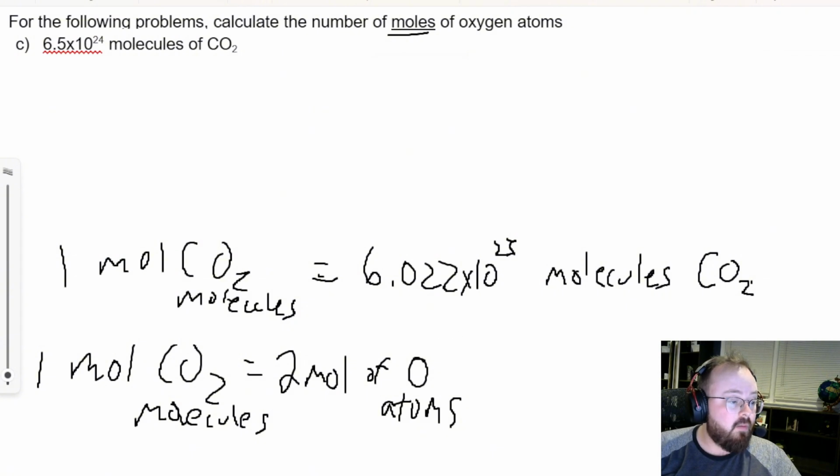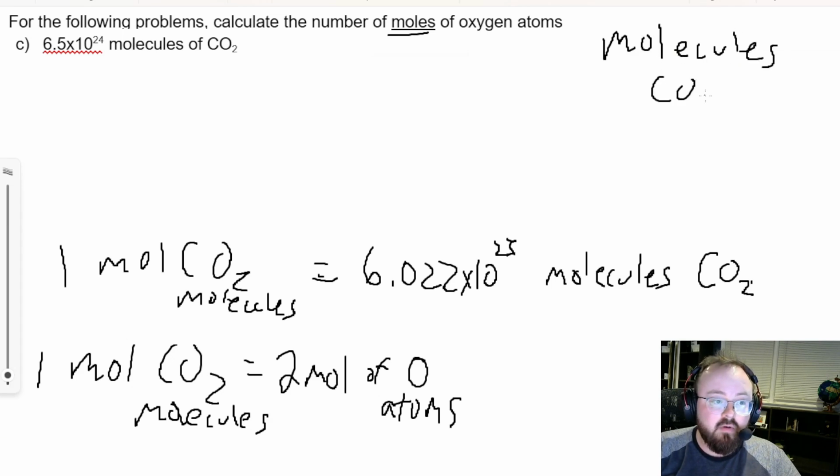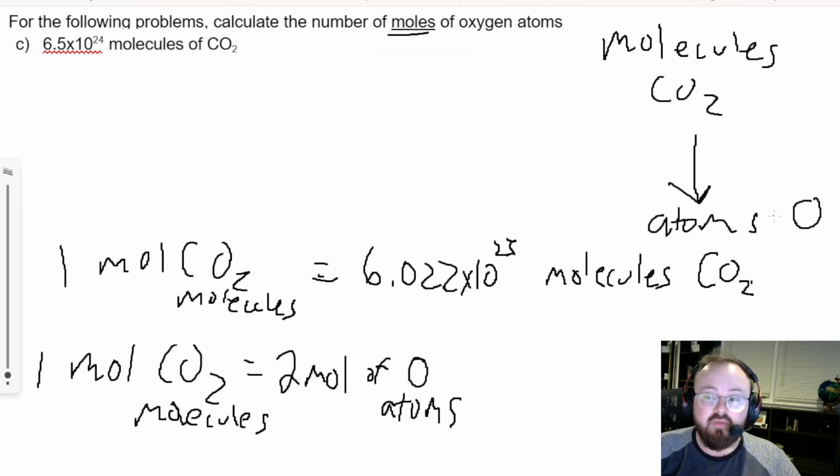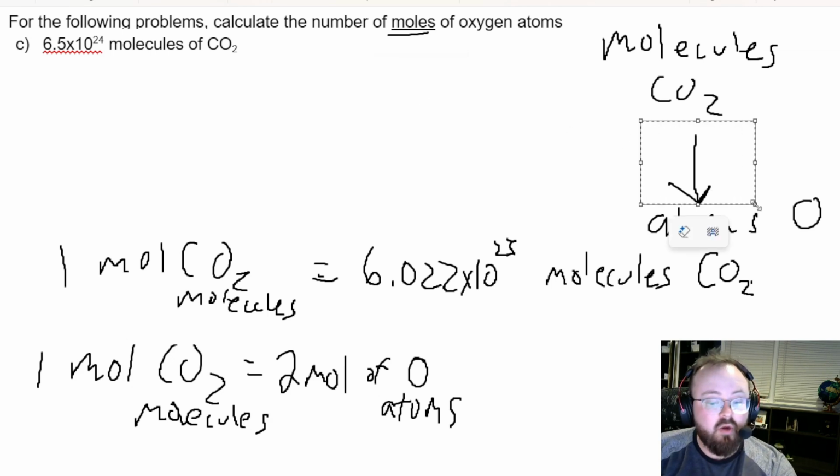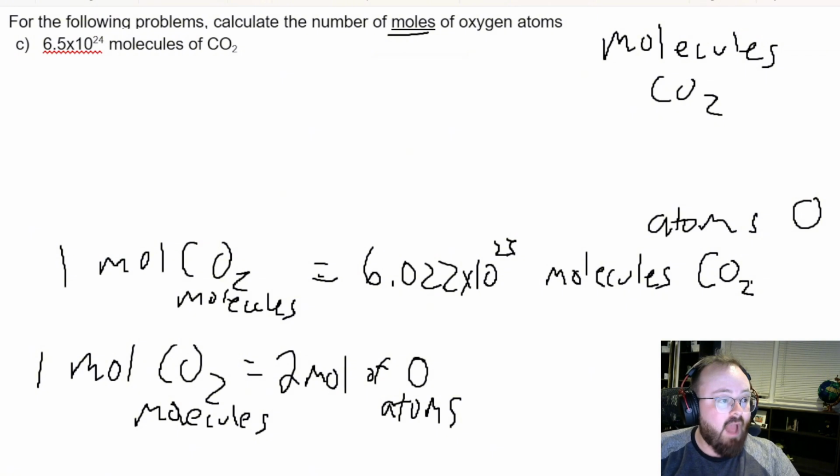We are trying to go from molecules of CO2, so molecules, not moles, and we're trying to go to atoms of oxygen. But I cannot directly do this conversion. I cannot go from molecules of carbon dioxide to atoms of oxygen, because we have to do an intermediary. We have to go from carbon dioxide to oxygen, which is that whole hamburger analogy that I had just made. So we have to take a detour here, and instead of going straight from molecules of CO2 into atoms,